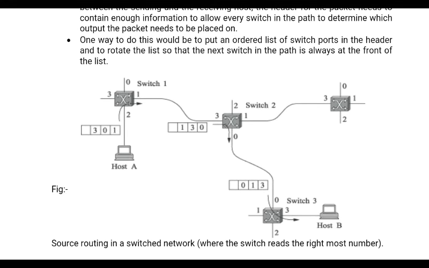Okay, before it is forwarded, it is going to remove the 0 and append it at the last, and once again you are pushing it forward. Now 3 is going to be at the front. So when switch 3 receives this packet with that header, the packet has to be forwarded on port number 3. 3 is there, so it is going to forward it on port number 3. So automatically you are going to get the destination.